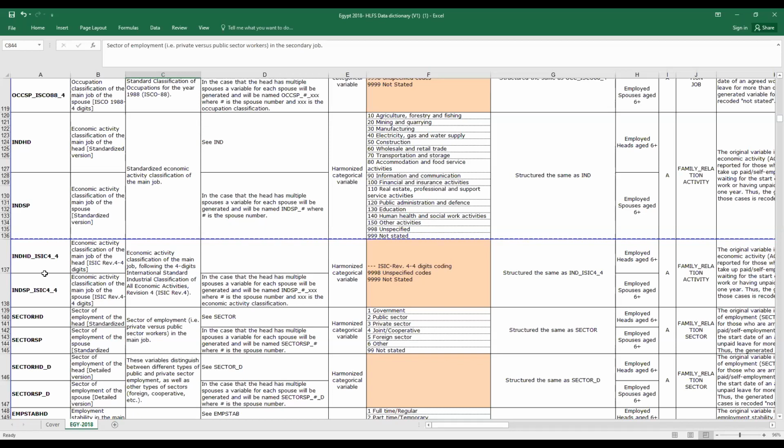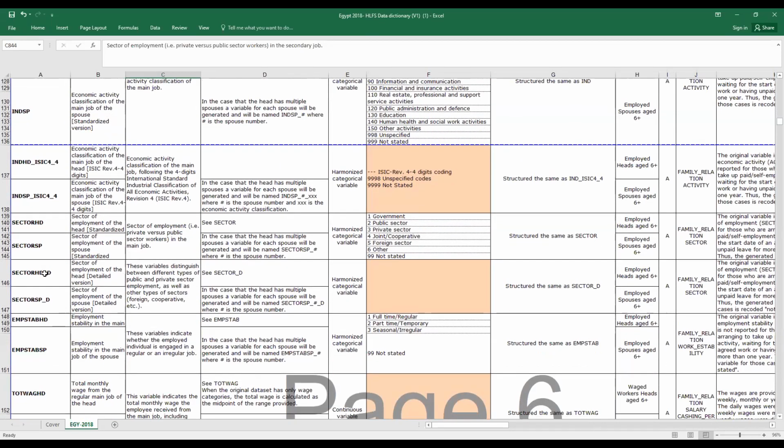For instance, you have a kid who's 22 years old and he's entering the labor market with his first job, an informal job in the private sector, without any social insurance, without a contract, and so on. And you want to relate this with the characteristics of the employment of the head of household. You can do this. You can combine the two data sets together using merge. Okay.